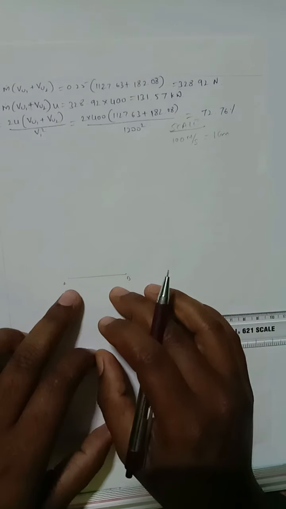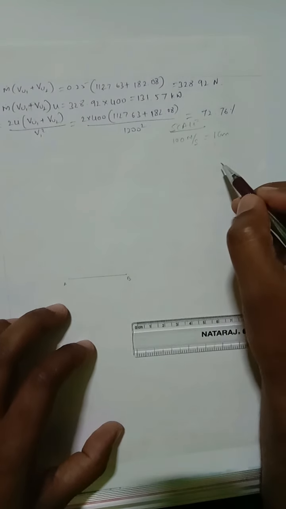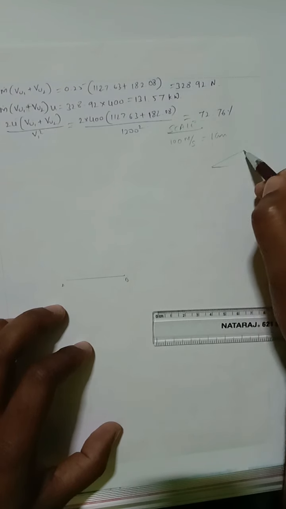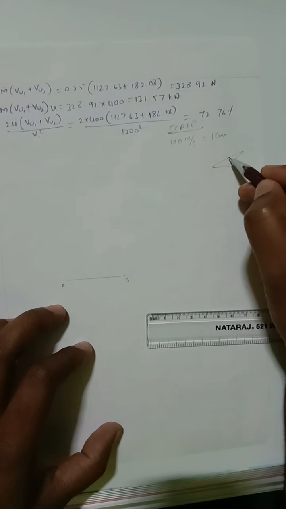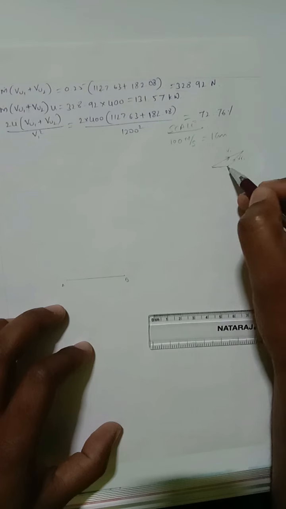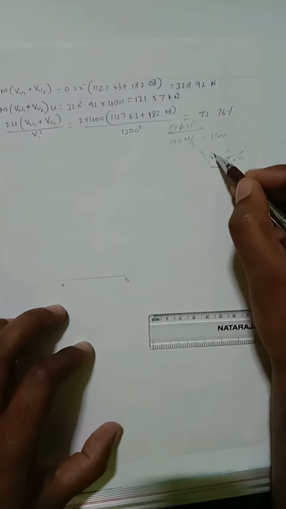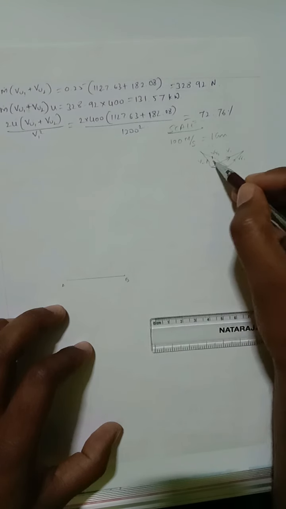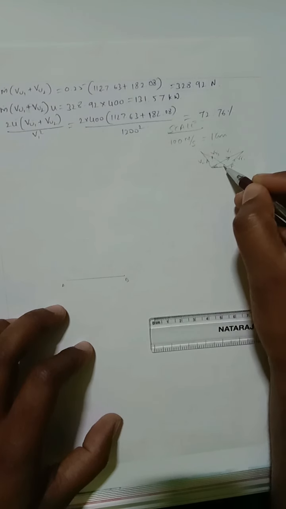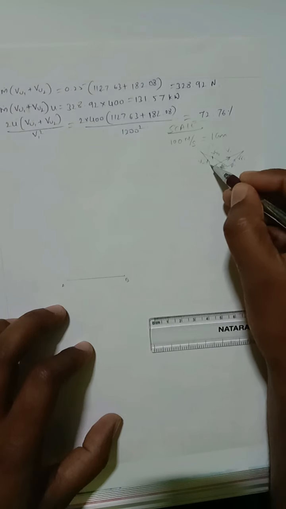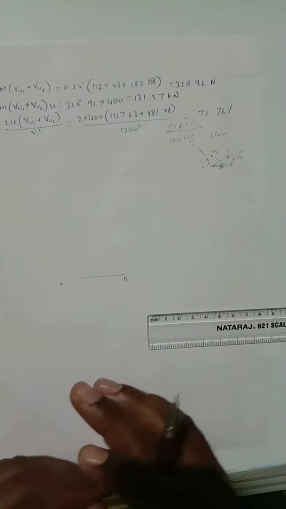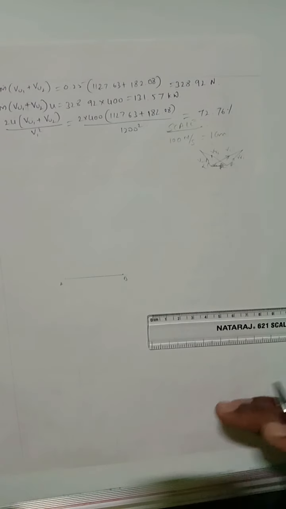Okay, so before drawing, you roughly draw the velocity triangle for reference purpose. I have already drawn it on another page, but here for reference I am drawing it, so that you will get an idea. This is alpha 1, this is beta 1, this is beta 2, and this is alpha 2. So that it will be easy for us to draw the velocity triangles.